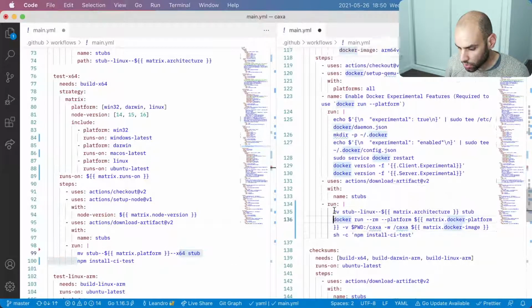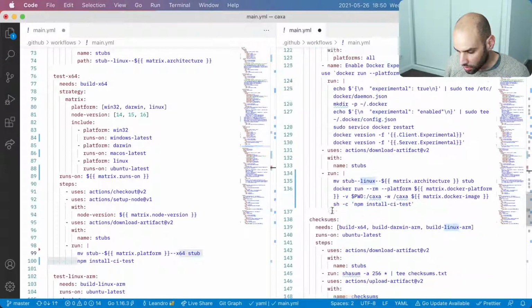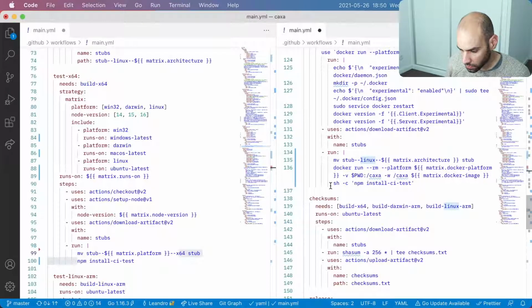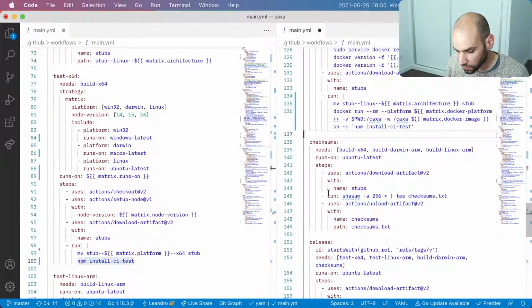Here on the test for ARM, we move the stub to the right place, the same way we did it here, and then we run the tests, which in this case is not just npm install ci test, but it's actually docker run, and then a bunch of things, but then eventually it says just npm install ci test. So it's running the same command, but in the Docker container.